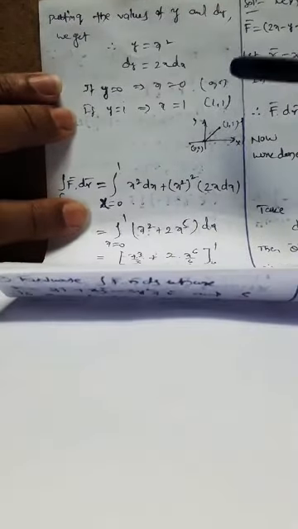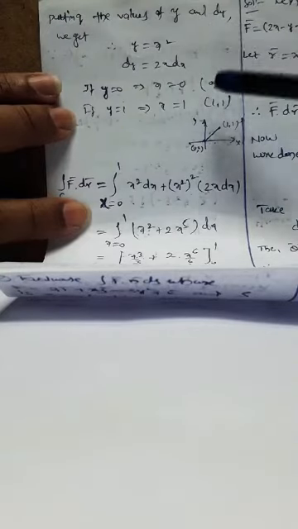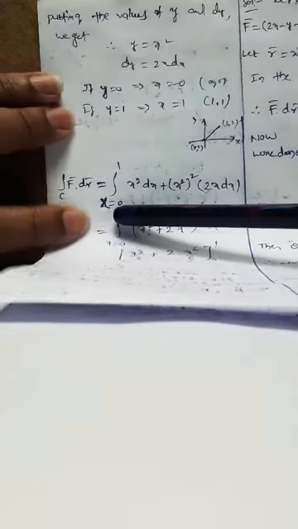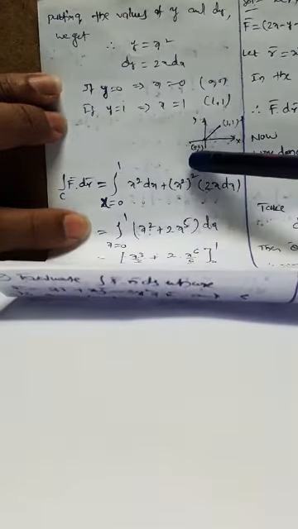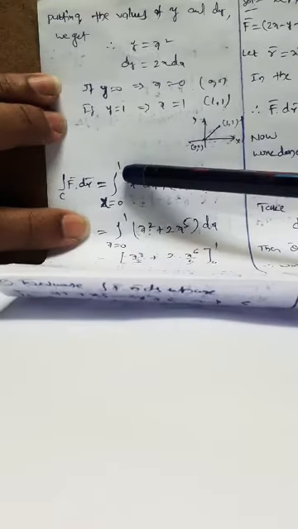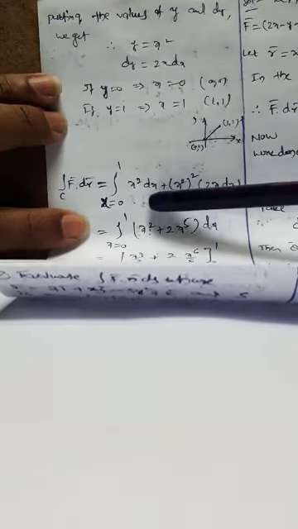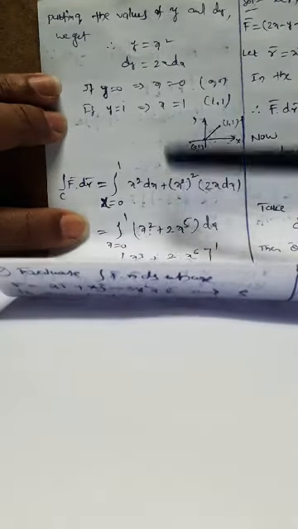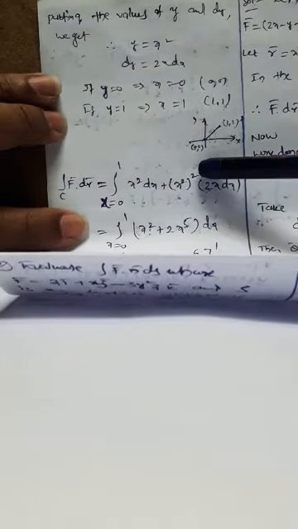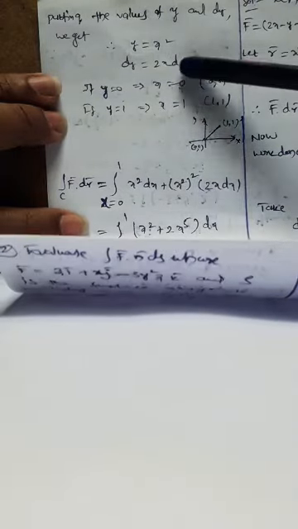We can take the integral with respect to x or with respect to y, that is our choice. Here I have taken it with respect to x. So x varies from 0 to 1, and F·dr is x² dx + y² dy. So x² dx plus, in place of y², y = x², so y² is x⁴ and dy is 2x dx. After simplification, we will get the answer. Let me see another problem.